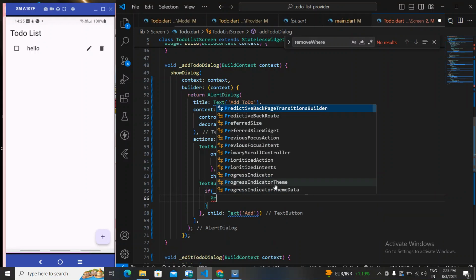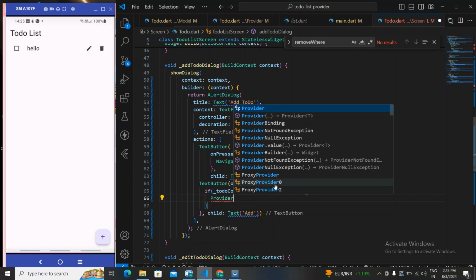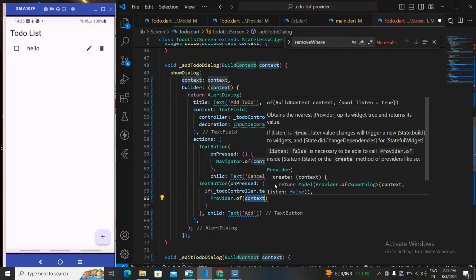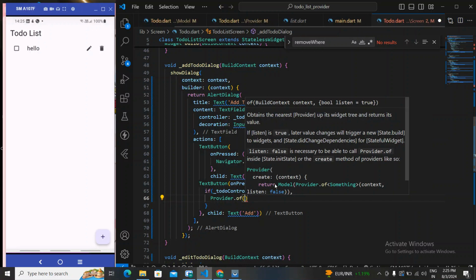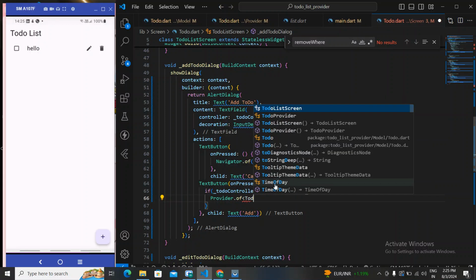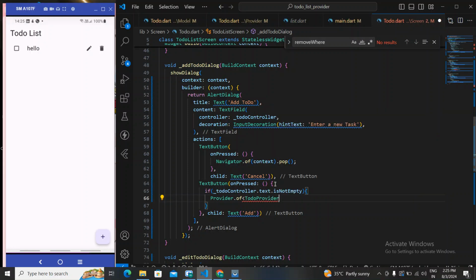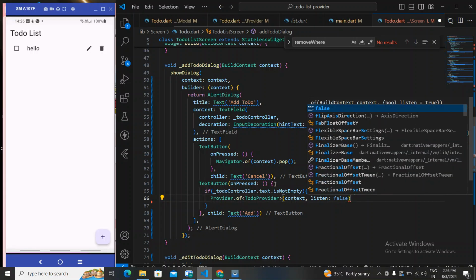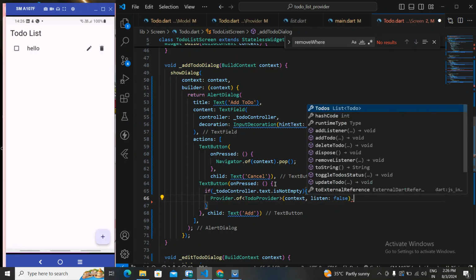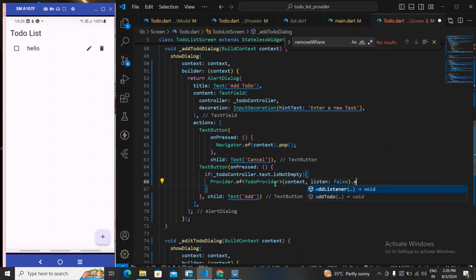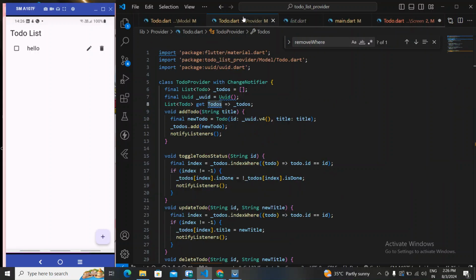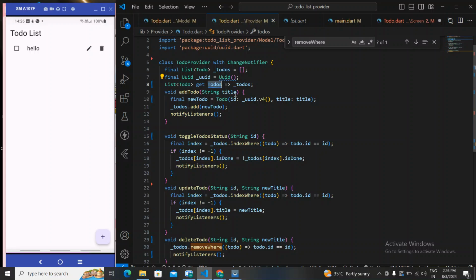Okay, here I'm going to use the provider dot of todo provider, context, listen false, add. So this is the method that we have to call. It will be add todo. Over here I think we need a title,